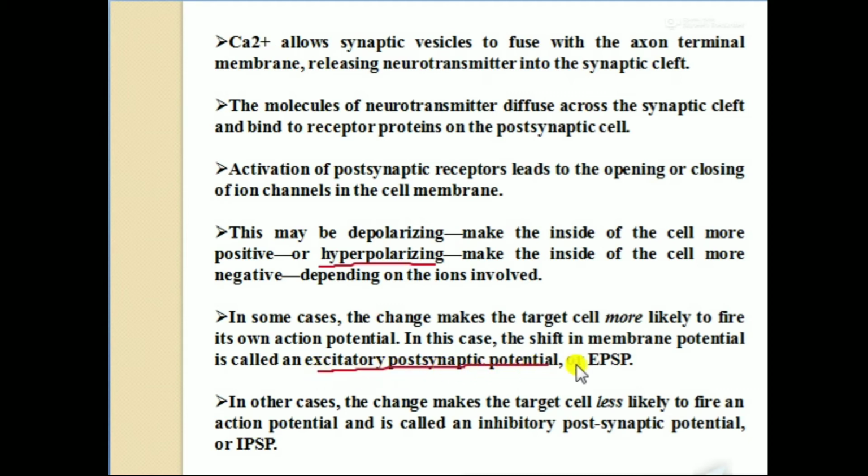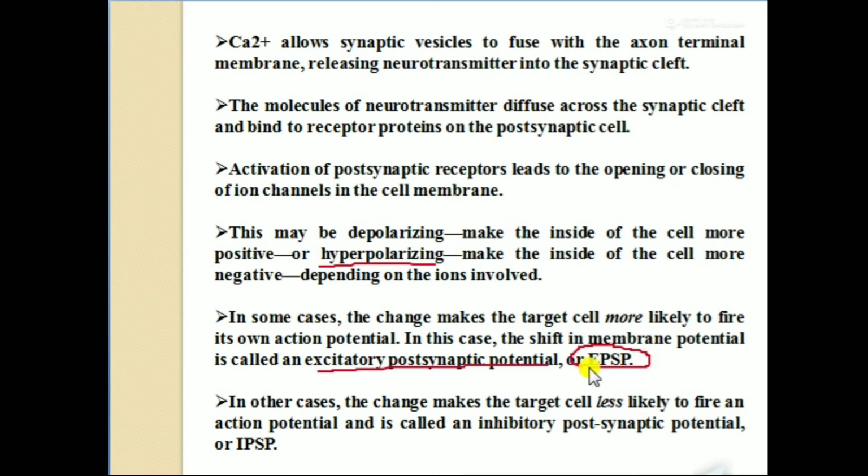When there is excitement information, when there is depolarization, that phase is known as excitatory postsynaptic potential. In that case, the cell is likely to fire its action potential, when the neurotransmitter provides the excitement information. Whereas in the case of the inhibitory phase,